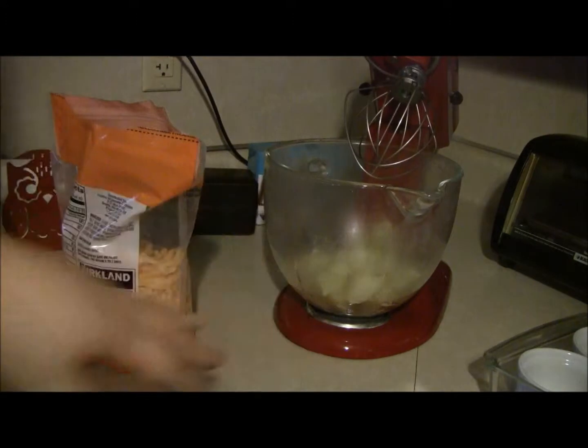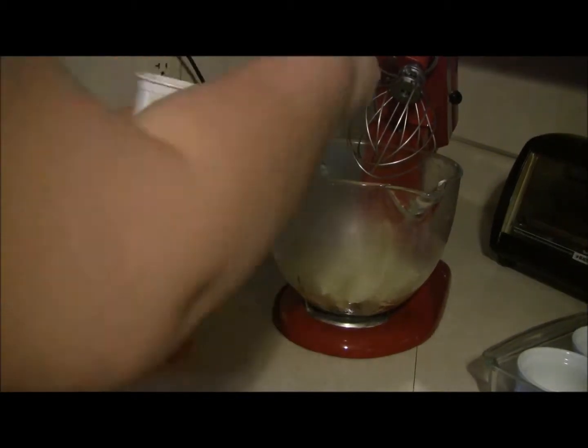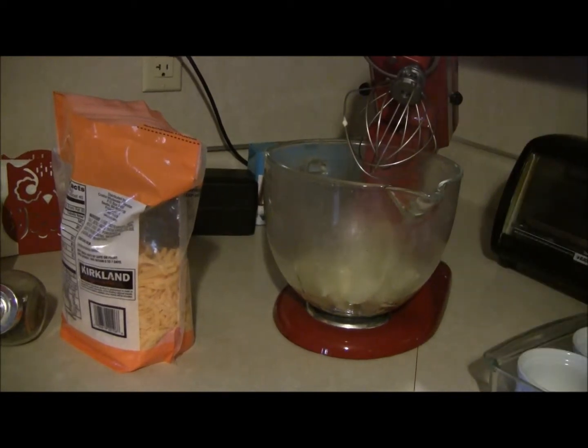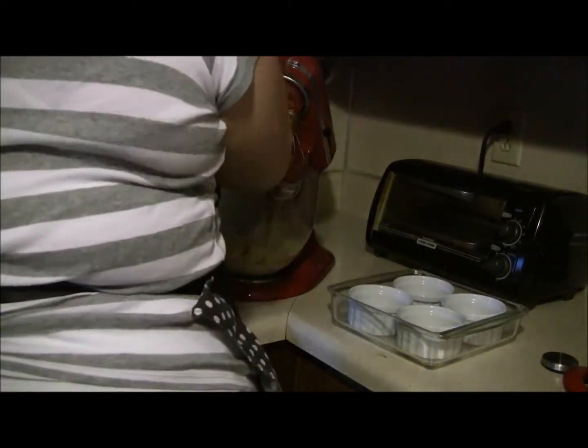I'm going to add some butter. I added about 2 tablespoons of butter into my potato mixture, and this is where the milk comes in. You're going to add in the milk. Now I only used about 1/4 cup of milk, but you might need a little more. It depends on your preference for how